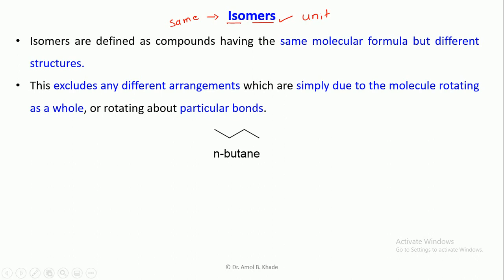We will try to understand by taking suitable examples. This is the structure of butane, which we refer to as n-butane. We can also draw this n-butane this way: CH3, CH2, CH2, and again CH3. There are 4 carbon atoms, which is why we consider it butane, and they are connected with single bonds. If you count the hydrogens, 3 plus 3 is 6, and then 2 plus 2 is 4, so 10 hydrogens. So the molecular formula of n-butane is C4H10.